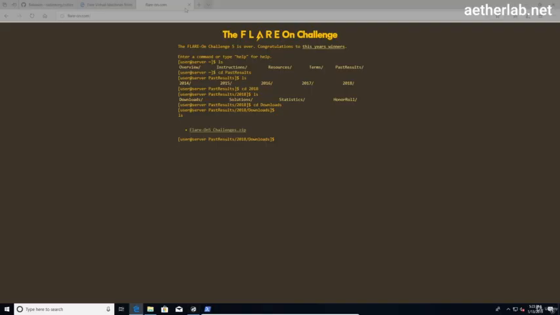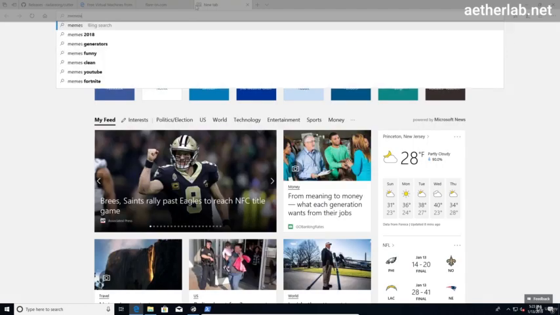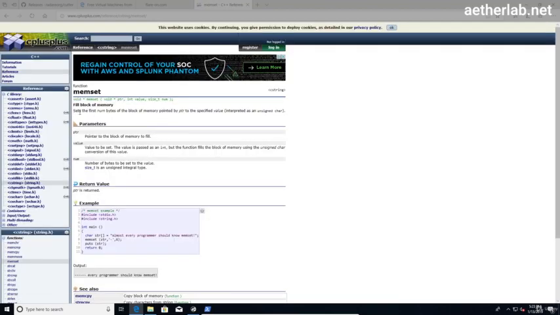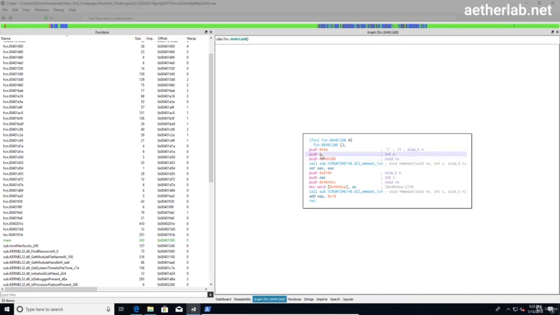If you want, we can Google memset. It's going to tell us that it sets the first num bytes of a block of memory pointed to by the pointer to a specified value, and the specified value is 0. Basically what this does is initialize memory. So we're going to initialize this memory address with all zeros. This is fine, but this is not what we are really looking for. So I will just go back